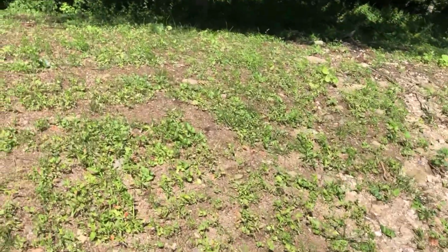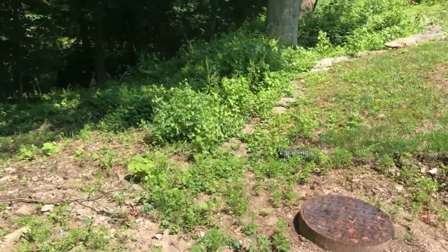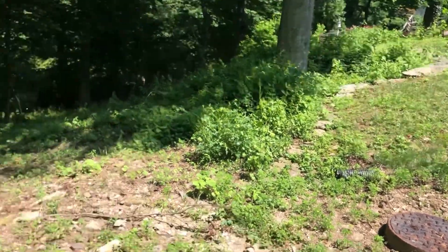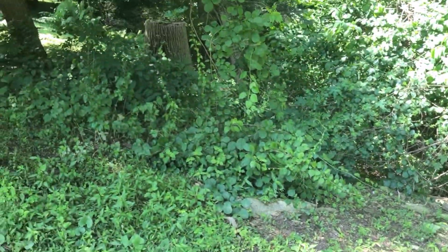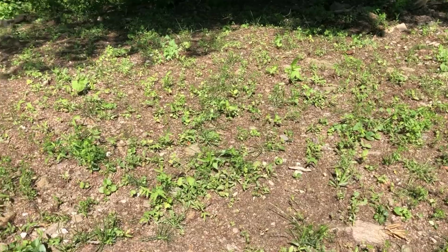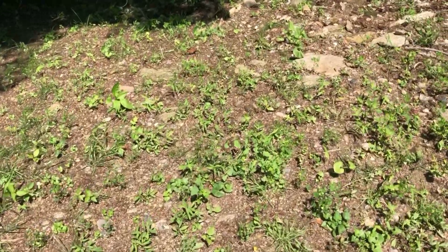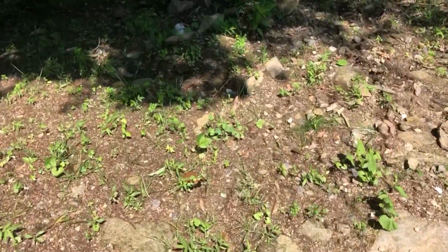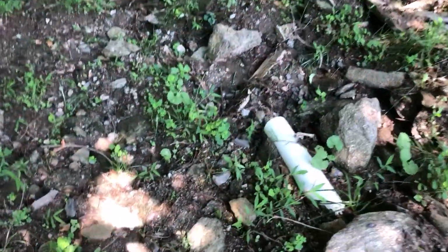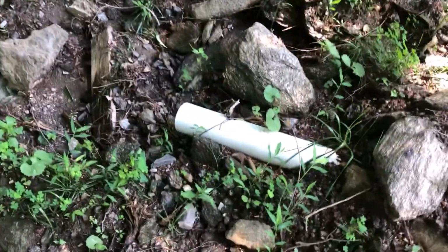But I'm going to come down to about here. See those stones there? I'm going to go from there straight across with sod. And then here you already see there's a whole bunch of nonsense growing. Then I got to straighten this out down here. I'm probably going to put a bunch of boulders because all the hydrostatic pressure around the house and the gutters is coming out of this